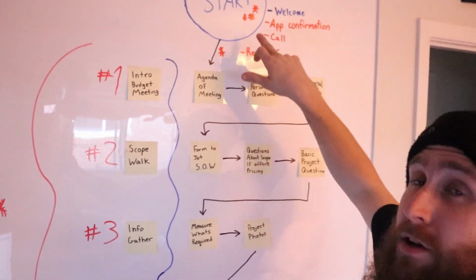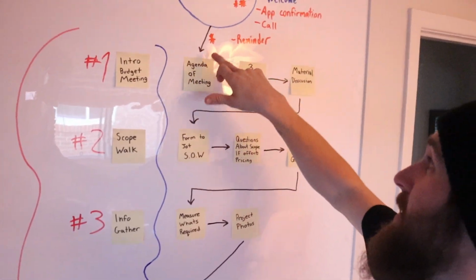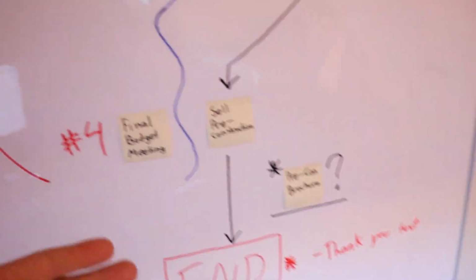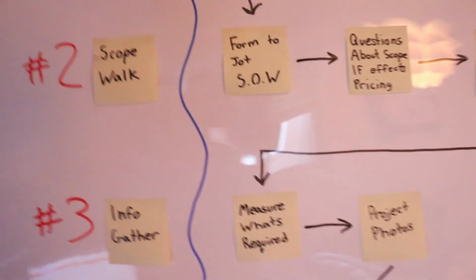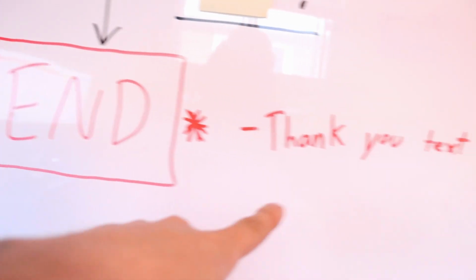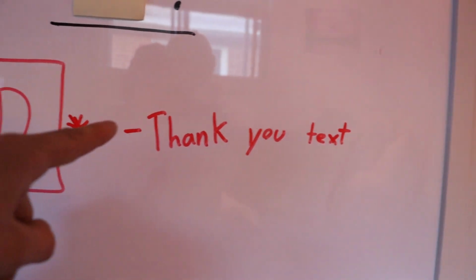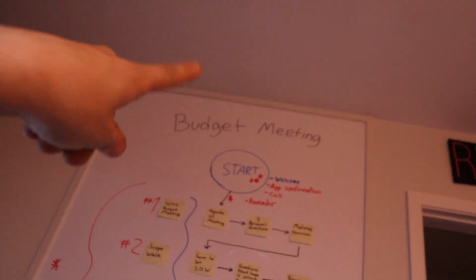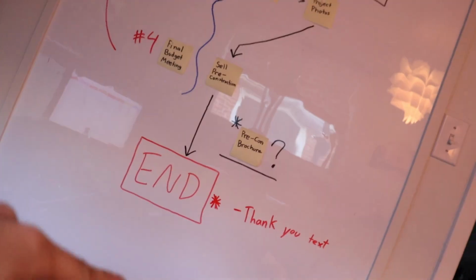And then after the start, there's a reminder for the appointment that comes in before the appointment. So that's another one, so that's 4. Now, technically speaking, the whole SOP would be considered 5. And then the one thing that I want to add, which I should have wrote in blue, is a thank you text. So after the appointment's done, I send them a thank you text. This here I'm going to switch to blue because that is something I want to add. But so far that would be 3, 4, 5, 6 touch points